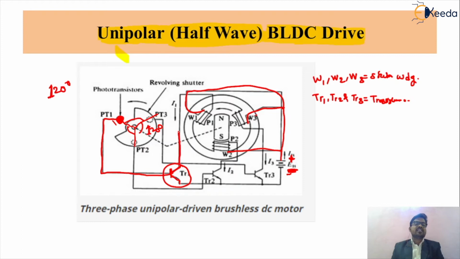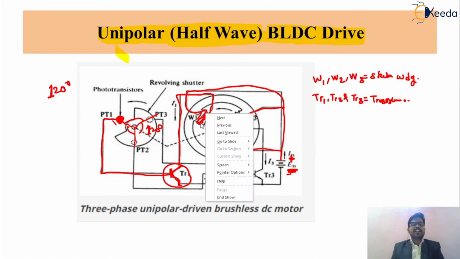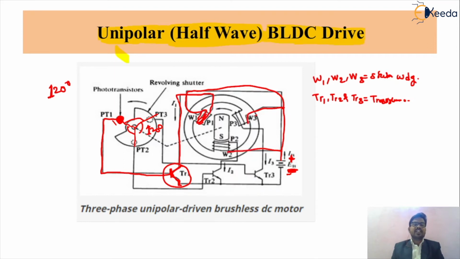So this transistor TR1 will energize the coil, because this coil will be connected to the negative supply, because this transistor will give you the negative supply for the completing path. So according to that, friends, we can see this is the positive supply which will be given to winding number 1, and this is the negative supply. So due to that, the circuit will complete, and if the circuit completes, your BLDC rotor obviously will rotate into that particular position.